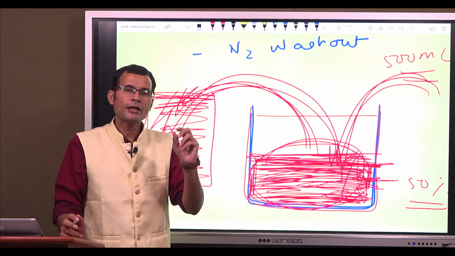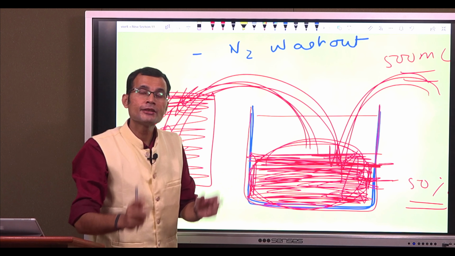If you start the procedure at functional residual capacity, at the end of quiet expiration, the lungs are at functional residual capacity, which is what remains in the lungs. And then you start the procedure with 100% oxygen inhalation. That means you are measuring the nitrogen which is present in the functional residual capacity.